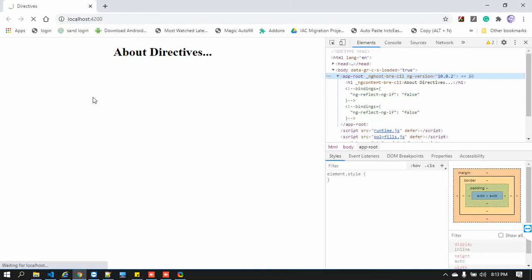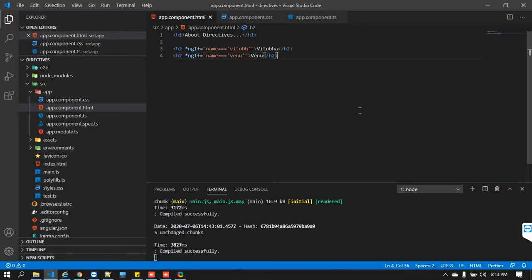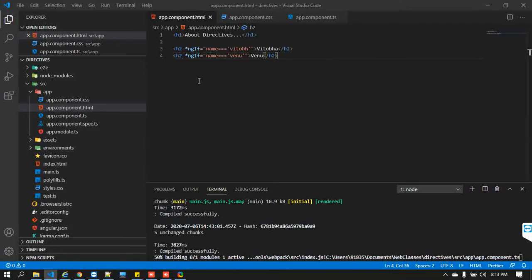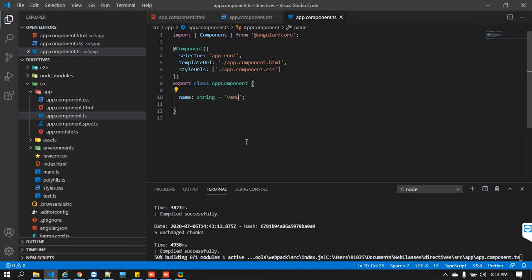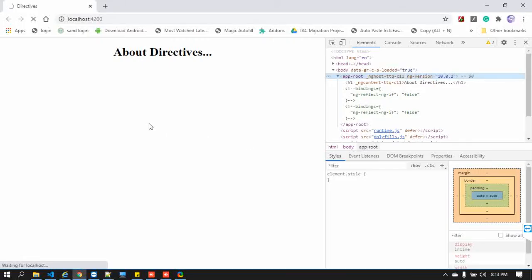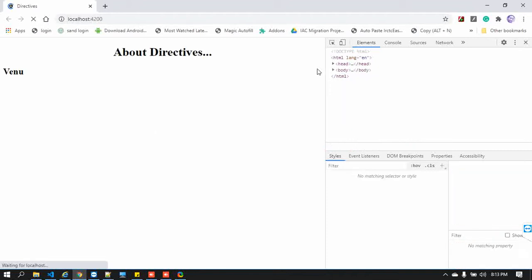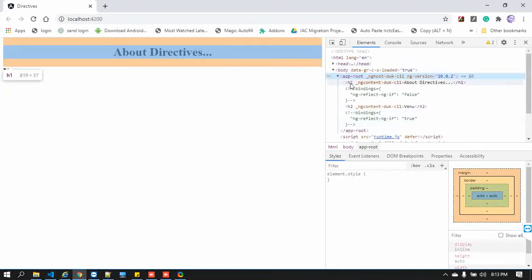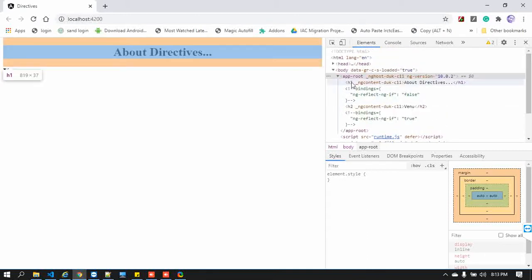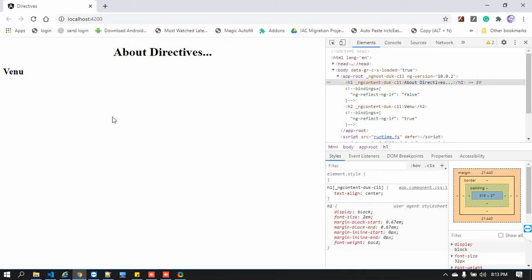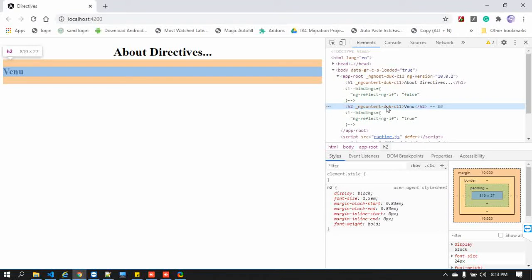Because here I have stored Vitoba, right? So that is why we are not getting it. If you go back here again, you can see your respective element, like h1. At this moment, whenever you do such things, it will automatically try to load your things. You can see the h1 and h2 elements here.